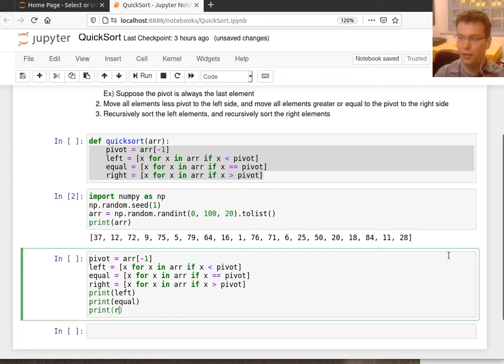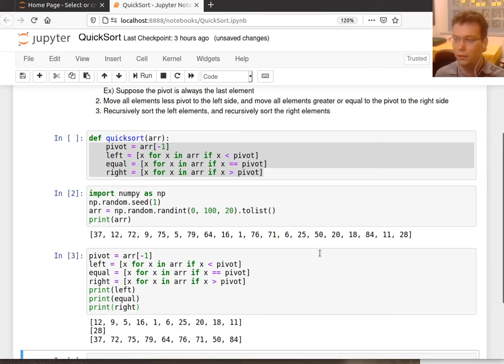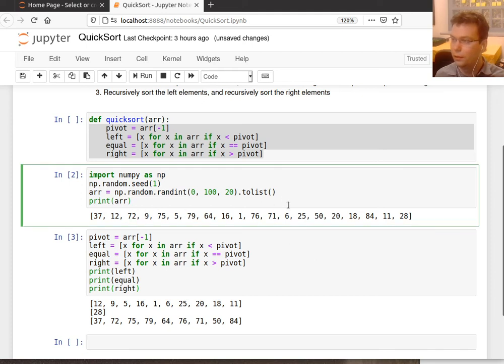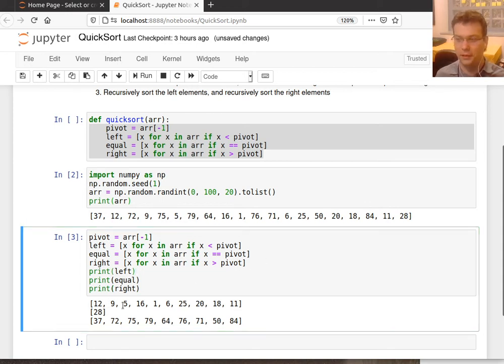And then if I print out right, it should be everything greater than... Oh no, there is 28 in there. Where is it? Oh yeah, well duh, it's the pivot. Okay, so other than that, all right. So this actually would create 3 different lists,